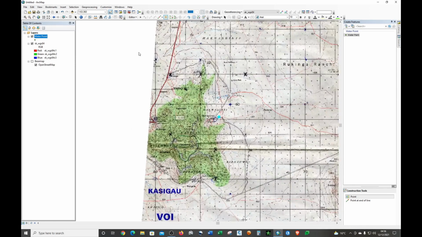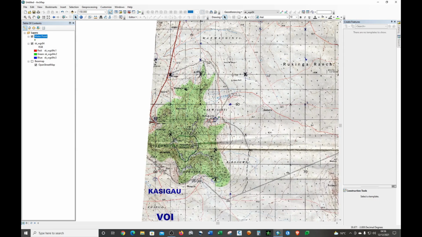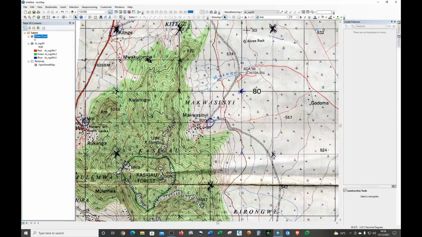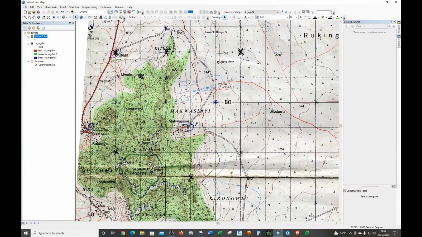So what I need to do is just go back to the editor and click save. Now I need to stop editing this water point. Another point feature that we need to add, I told you, is the shrubs. I'm just going to start editing, click this editor, click start editing, and find these create features. But before we do that, we need to stop editing. We need to create